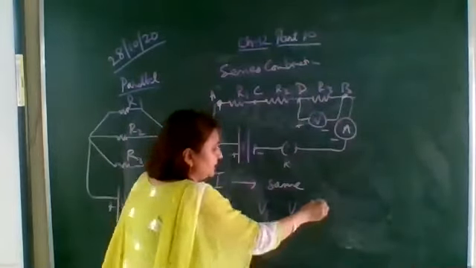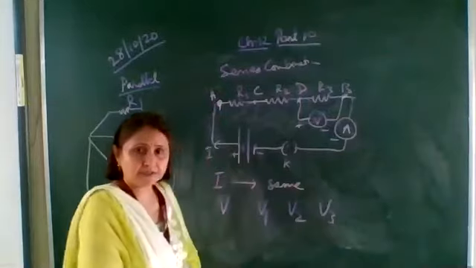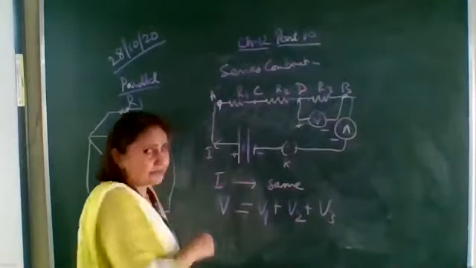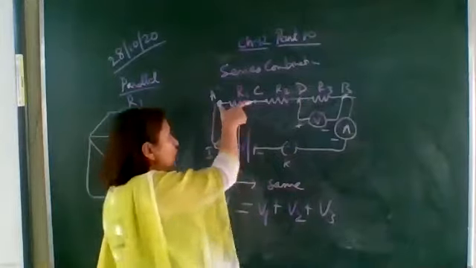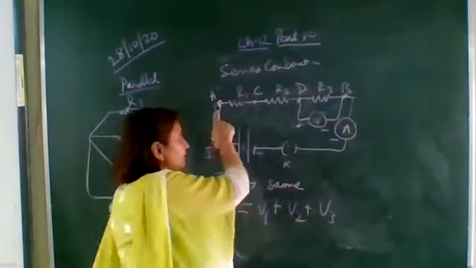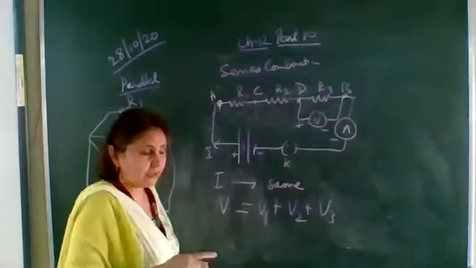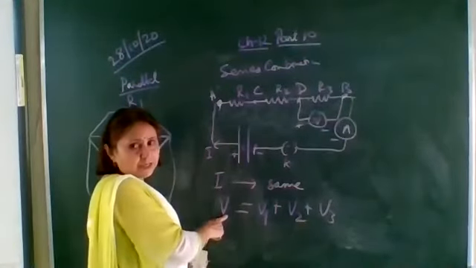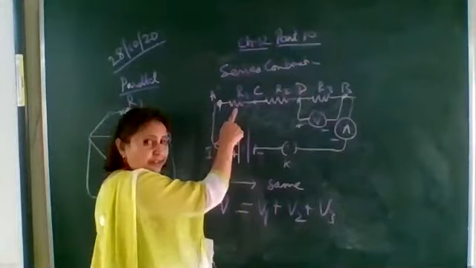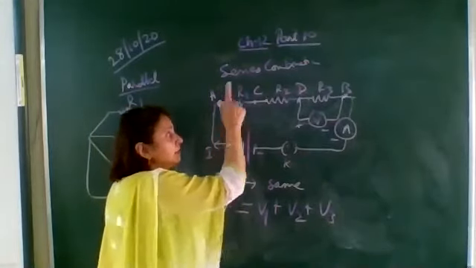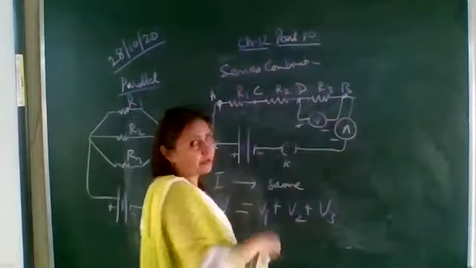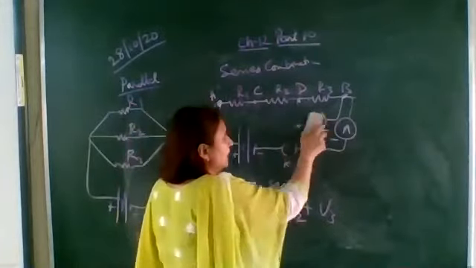This time you will see that the voltmeter reading is V3. Add V1, V2 and V3. You will see that this is equal to the total potential difference across R1 and R2, that is, when we have connected between A and B. So the total potential difference is equal to the potential difference developed across R1 plus the potential difference developed across R2 plus the potential difference developed across R3.